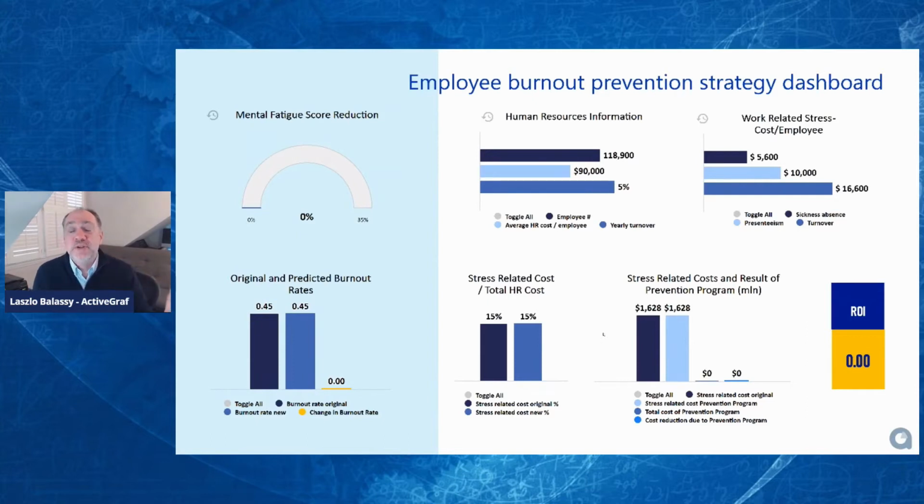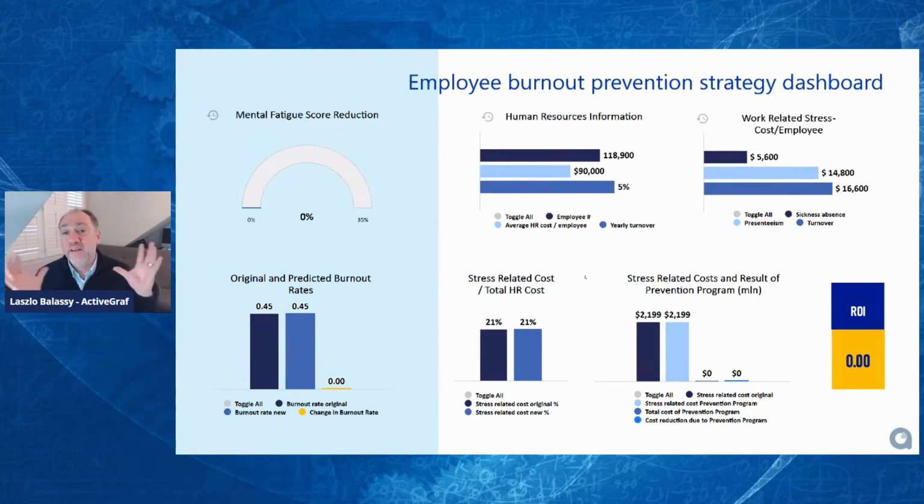And so what does management do? Typically, management would get a dashboard just like this, and it'd be static, and then they'd start to talk about it. But this is an ActiveGraf dashboard, and we can say, fine, well, we actually don't think that this fully adequately covers the cost of absenteeism. Let's change our assumptions and see what happens. We can just drag the graph and go to this, and generally accepted wisdom for burnout actually is that the cost of burnout and stress is about 21% of the total HR cost. So you saw that it was updated.